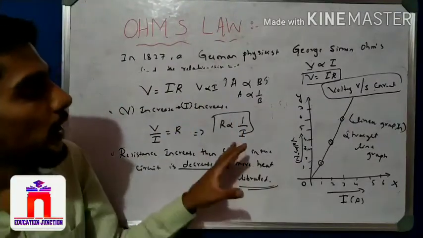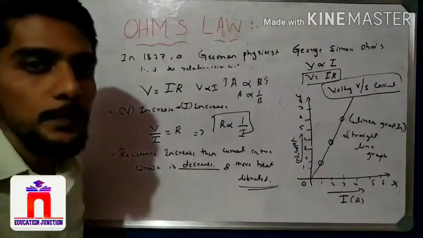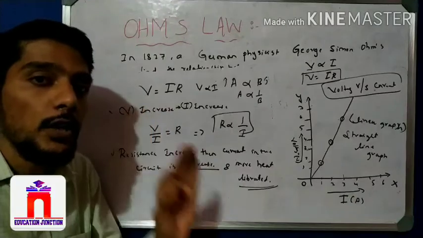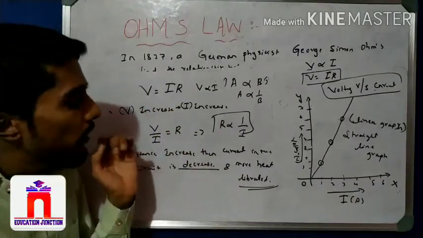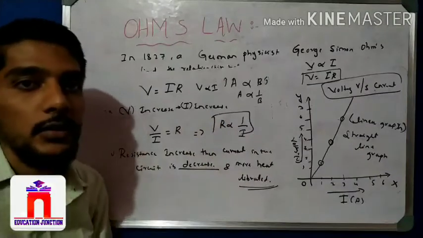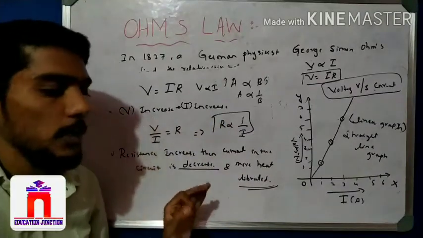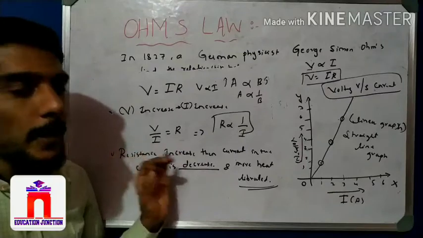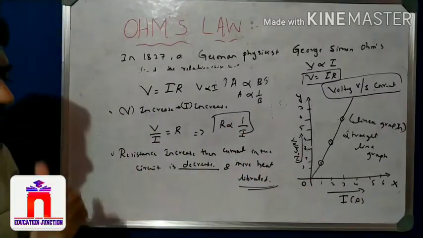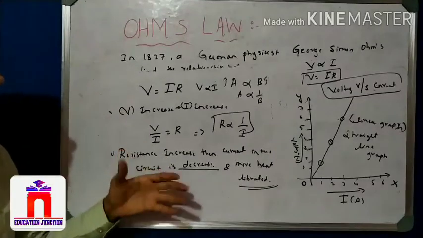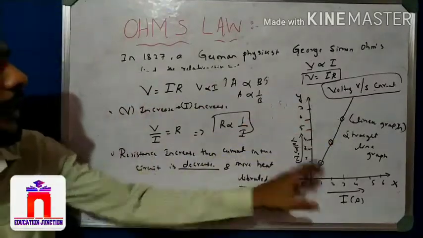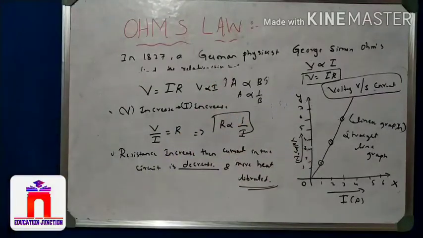Right, students? So here we understood about Ohm's law, the relationship between potential difference and the current. We also found the root term, that is the resistance, and about the graph, students. So this is a very important concept. Hope you understand this. Please write down all these concepts in your notebook. Come to the next very important concept about Ohm's law. First you have to write down all these things. Take the graph and take all these formulas.